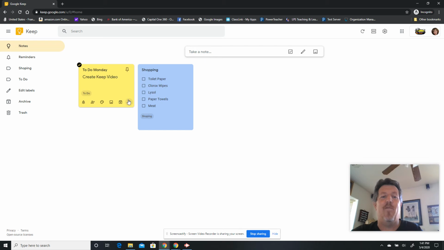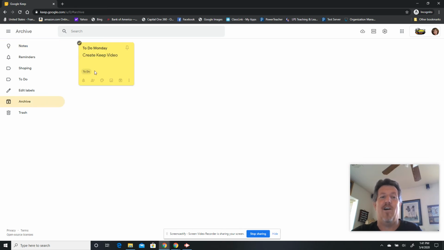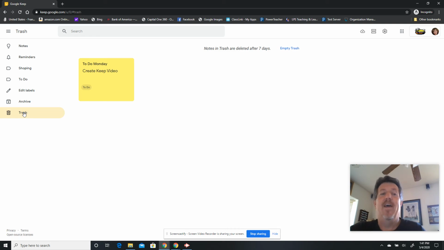And when you're done with one, like I said, you can archive it. That then falls into your archived emails right here. And if you're completely done with it, you're like, I'm definitely done with it, I can delete it. And it goes into the trash can. Keep in mind up here at the top, notes in the trash are deleted after 7 days. So they're only there in that trash can. You have 7 days, like, oh, I should pull that note back out. But that's what the archive is for. You can put it there until